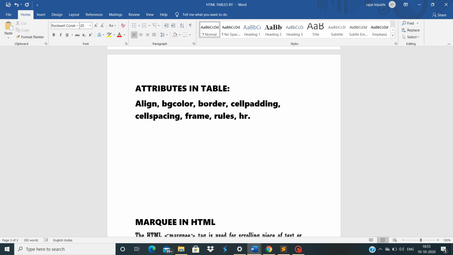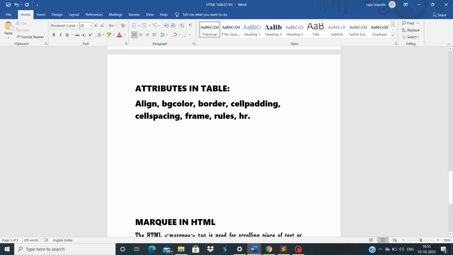So cell padding is the distance between the border and the data inside the cell. Whatever you have filled inside a cell, its distance from the border is the cell padding, and the distance between two cells is the cell spacing. You will understand it better when I show it in the code.